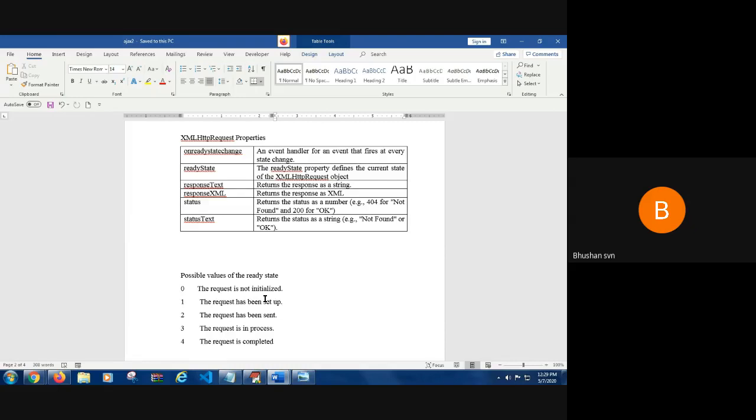Now, if the ready state value is 2, the request has been sent. That means it has left the browser and will go to a server. If the ready state value is 3, the request is in process.